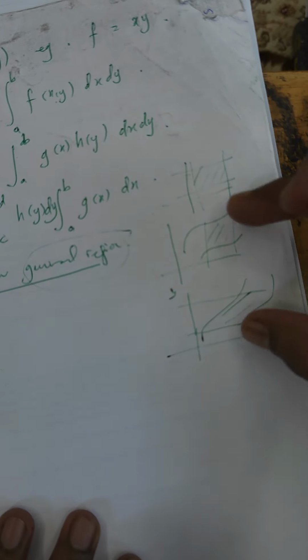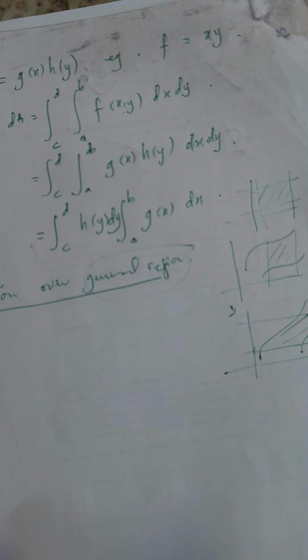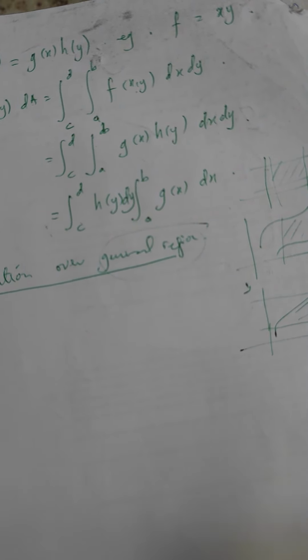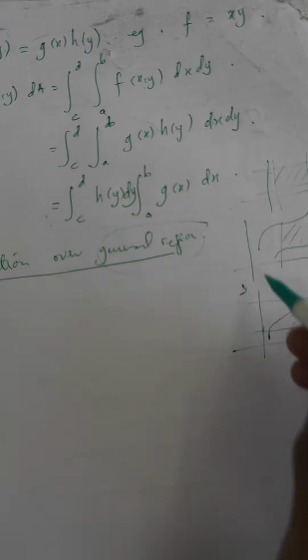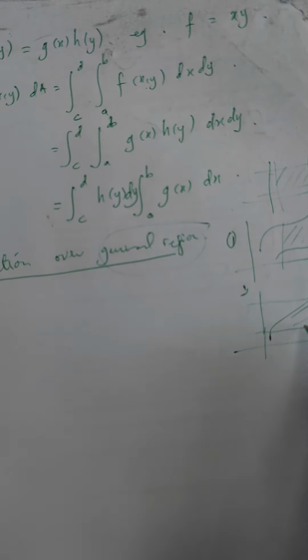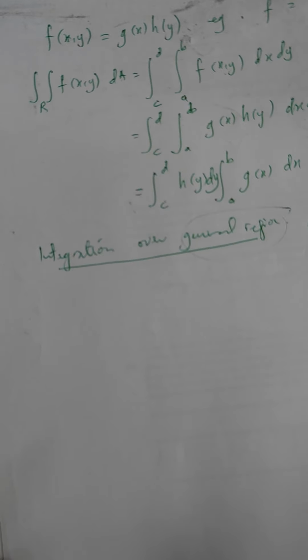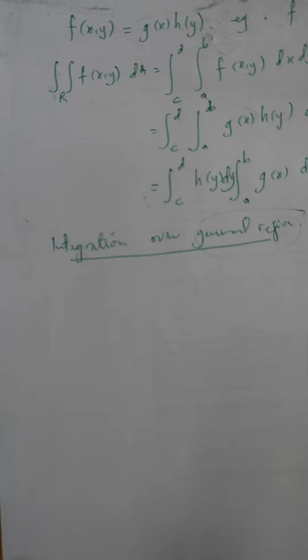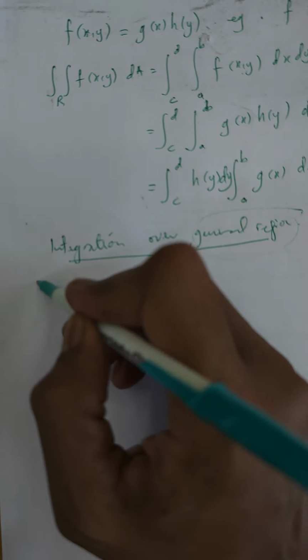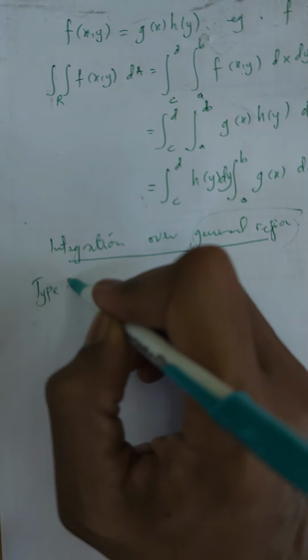So it's not a rectangle anymore. In this case we have two types, of course. This we consider as the first type. This we consider as the second type. So let's look at the first type of region. For type 1,